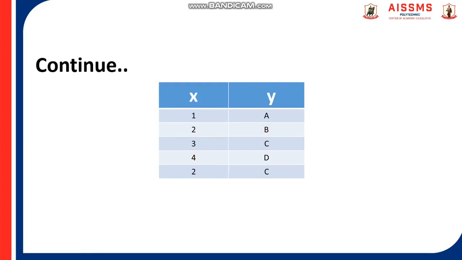Okay. Suppose I say the value of x is equal to 2, and you have to search the value of y in a column. Here, 2's value is b, but here also x is 2 and the value is c. So this is not a case of functional dependency, because the value is repeated and the y value differs: b and c.